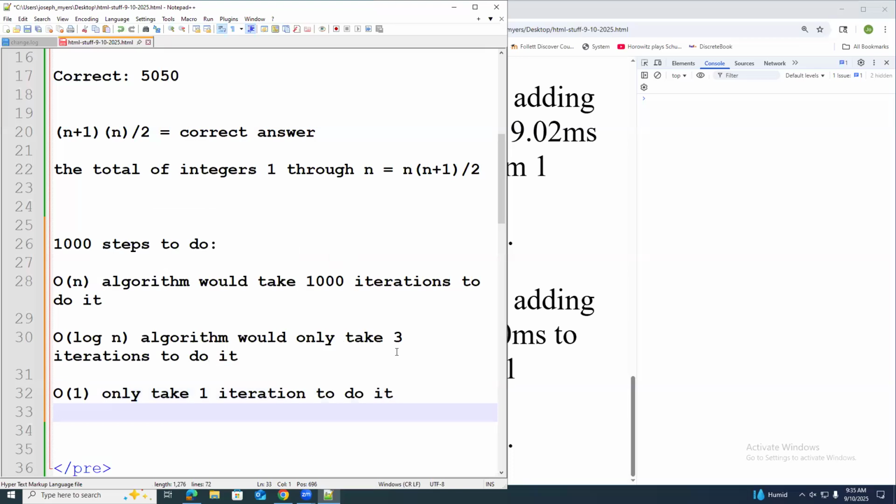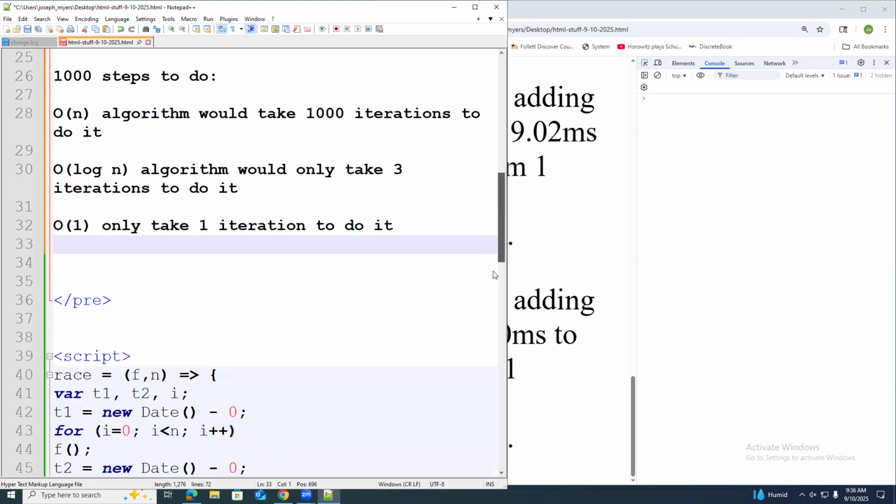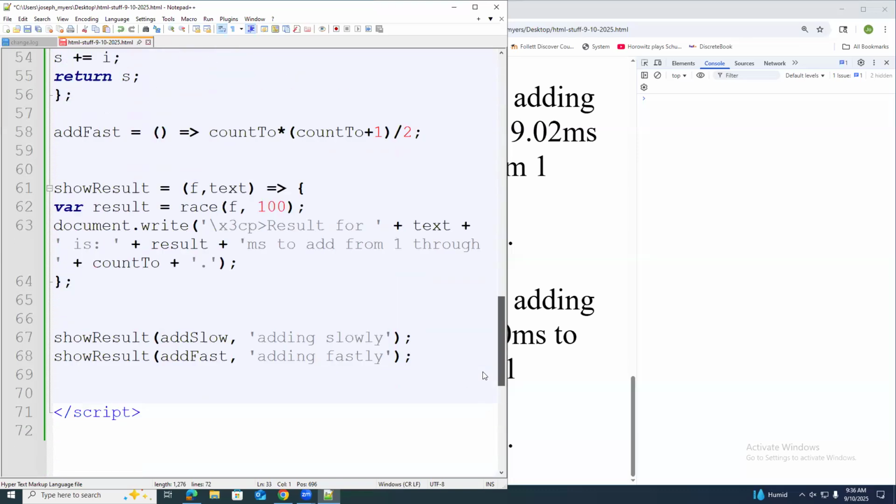So if you got to millions and millions and billions of steps, then obviously this would go the slowest, this would go faster, and this would go the fastest. And there's some things that are even slower than that. Like image processing algorithms are usually O(n squared) or O(n cubed), or maybe even worse, to do those types of things. So that was a pretty cool example of how something goes faster.